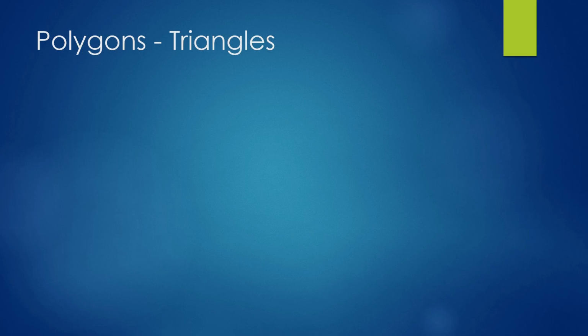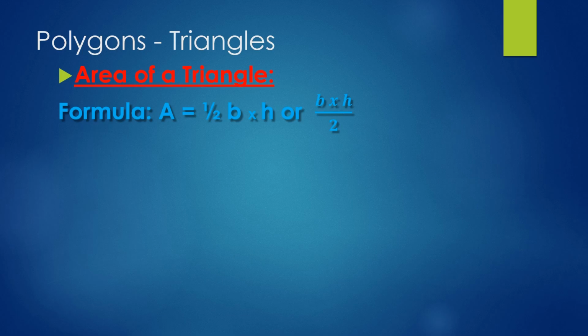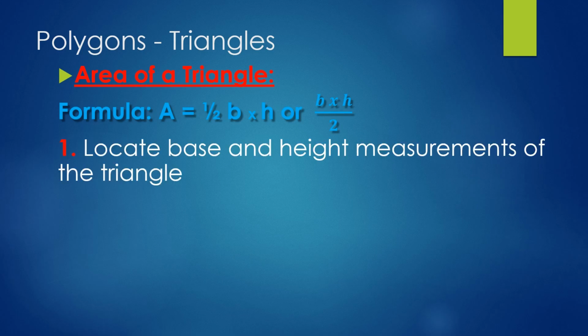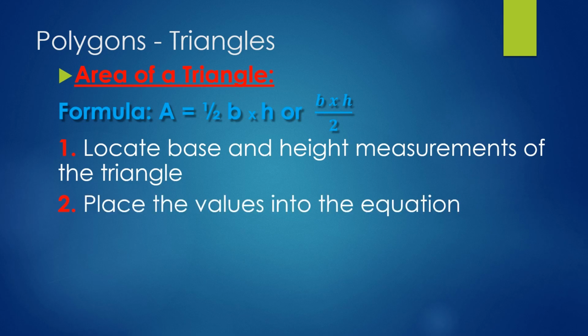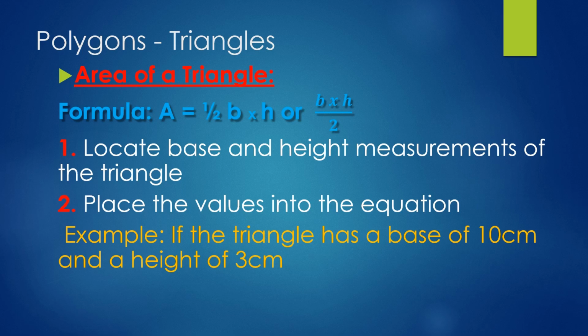Next, we're going to look at triangles. So the area of a triangle is a little different than the last two. The formula is area equals 1/2 times the base times the height, or base times height divided by 2. So again, you're going to locate the base and height measurements of the triangle, then place the values into the equation. So if we have a triangle with a base of 10 centimeters and a height of 3 centimeters,